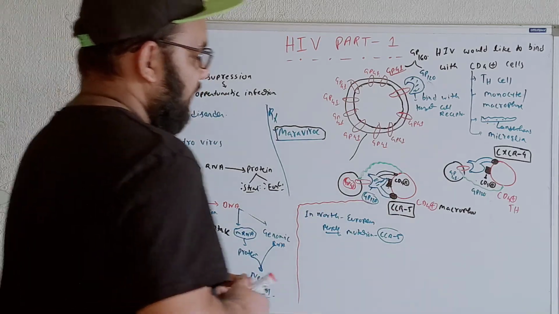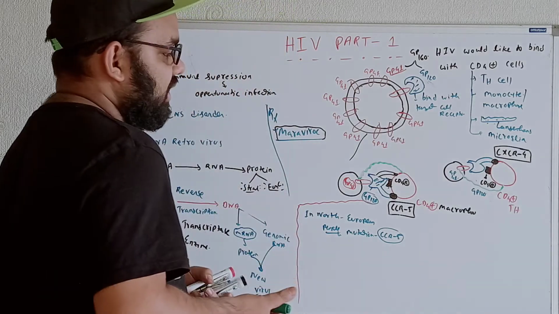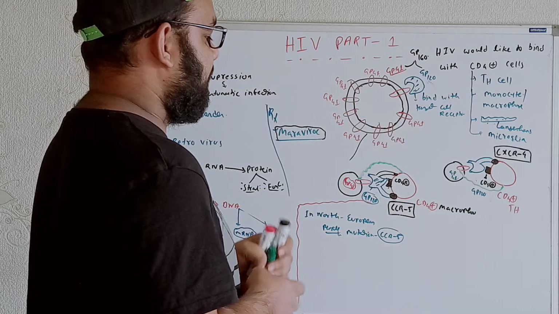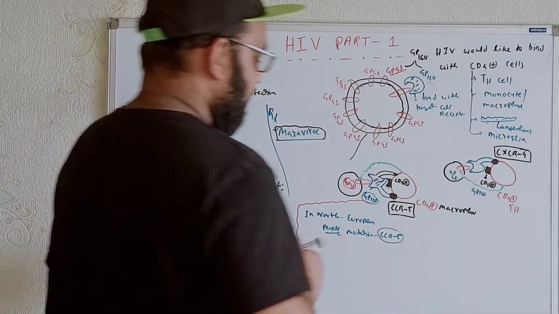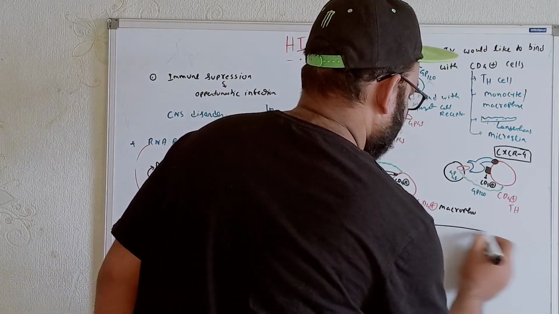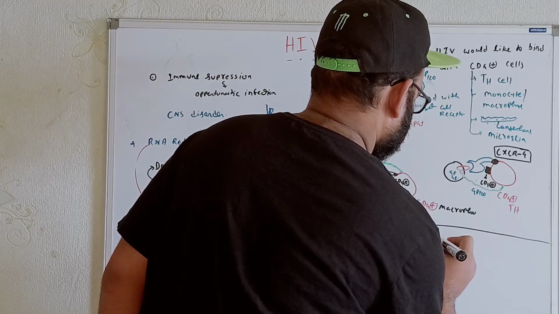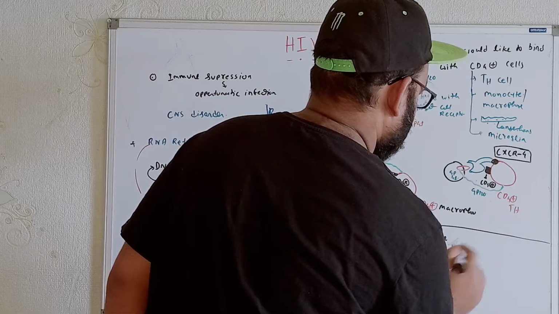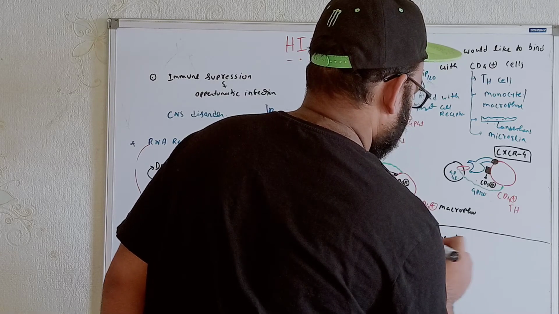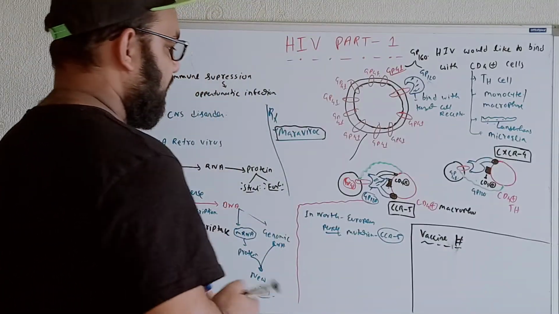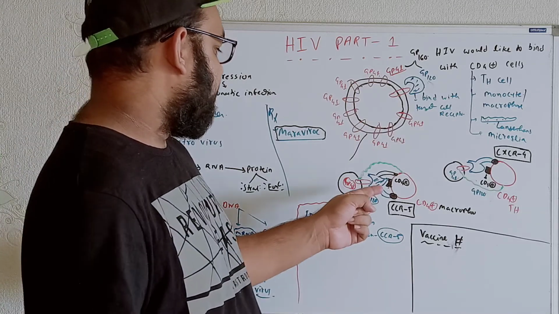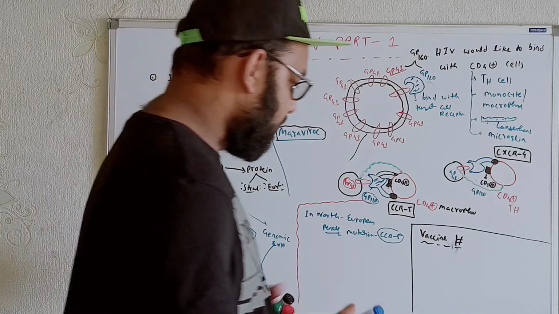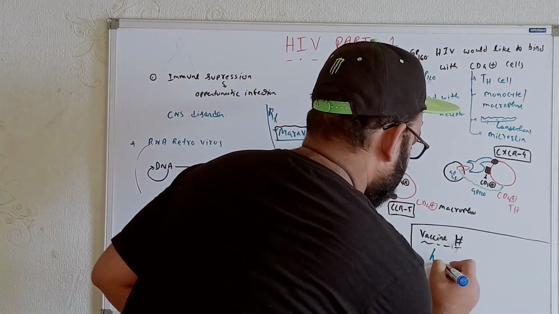But another thing: till today the scientists are trying to make vaccines, but it's not possible to make a vaccine against HIV. And the problem is here. So if we write it here, the vaccine is not possible. Why can't the vaccine be made? For example, try to understand. If we make the antibodies against the GP120, write it here. If we make the antibody against the